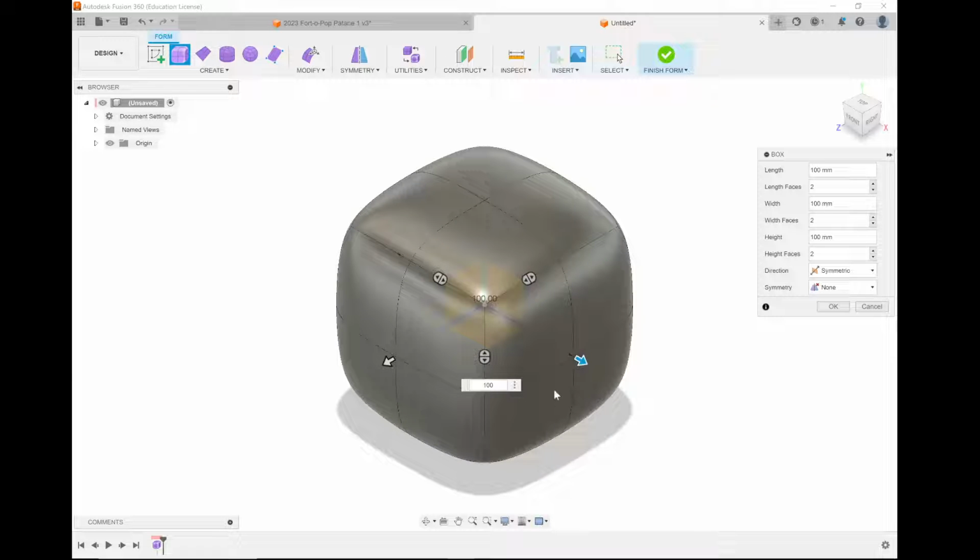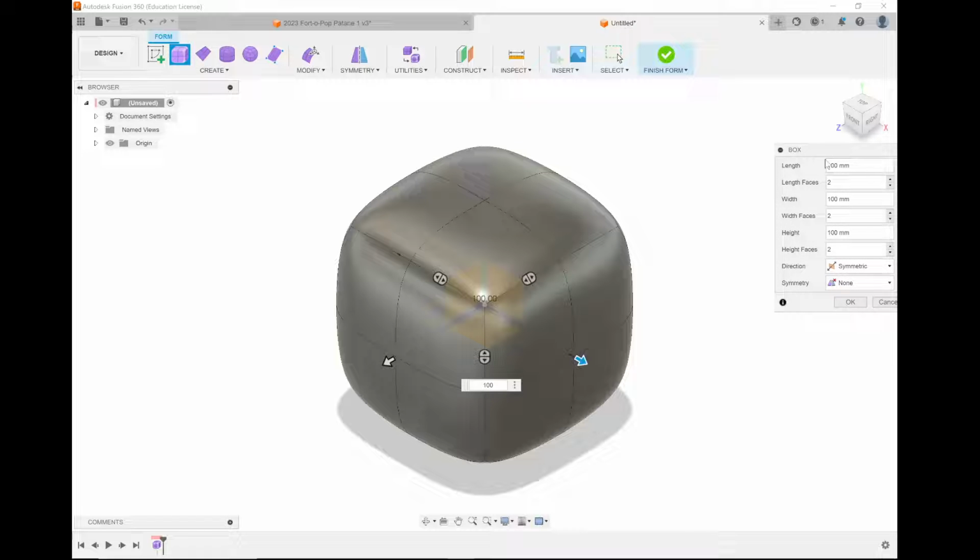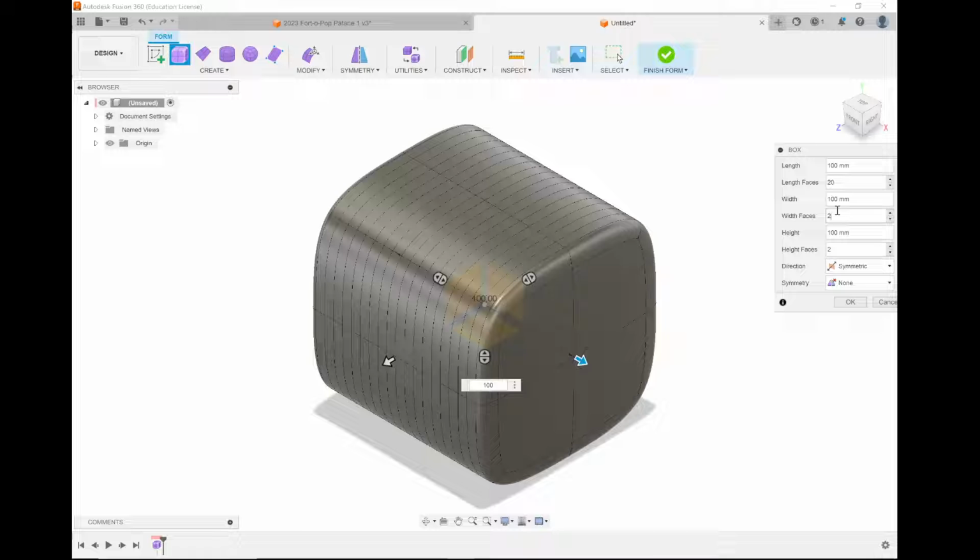I guess with my angle it didn't look nice, but if you press these arrows, you're pulling out the object. You can also look over here on my tab. My length of my box is 100, width is 100, height is 100. There's also this option for faces. See here we've got two faces, which means there are two faces on this side of the object. I can bump this up to a number like 20,